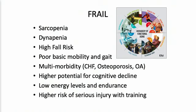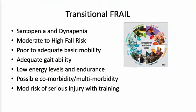Right? So we're not going to turn them loose on an obstacle course unspotted. We're going to do obstacle courses with them. We're going to do challenging balance things with them, but we're going to do it in a way that we know we're there, or there's a wall there, they're not going to fall. Okay? Transitional frail, or pre-frail,